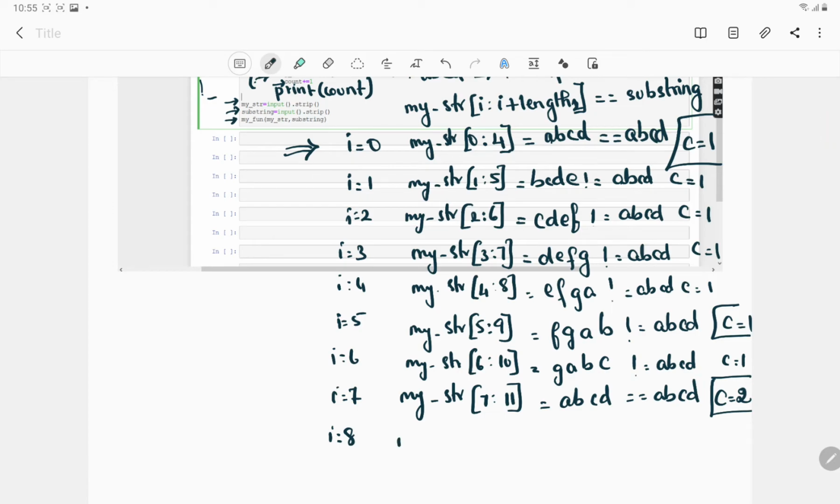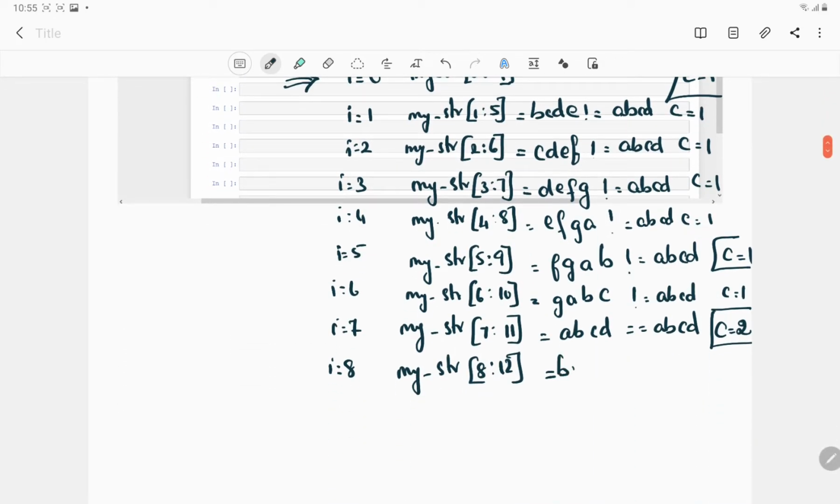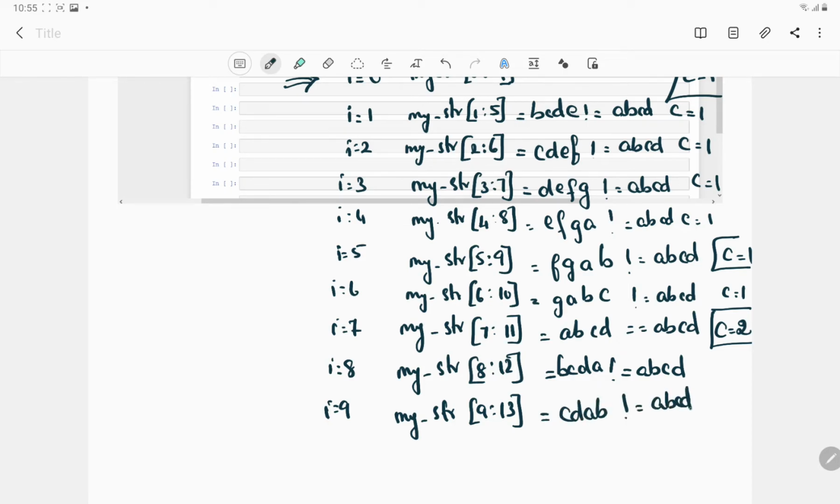When I becomes 8, my str is 8 to 12. What is 8, 9, 10 and 11? 8, 9, 10 and 11 is BCDA, which is not equal to ABCD. Count remains 2. I equals 9, which is 9 to 13: CDAB, which is not equal to ABCD.